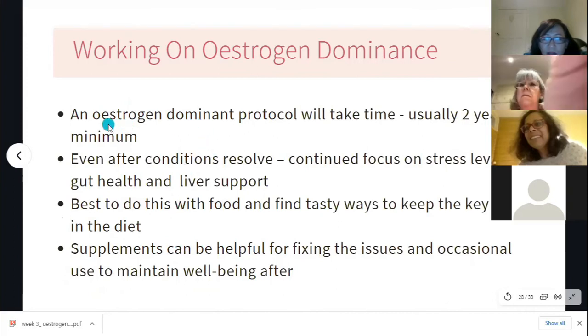Bearing in mind, a lot of clients I work with get incredibly fast results, within 4 weeks, 6 weeks, 8 weeks, loads of testimonials. However, it can take up to 2 years minimum for you to really start to balance your gut, your adrenal, your liver, sort out your hormones and things. So if you see an improvement, keep going, don't stop. You will balance your body better and better as time goes by. But the result can be very quick. It can be as quick as a month, six weeks, 2 months.